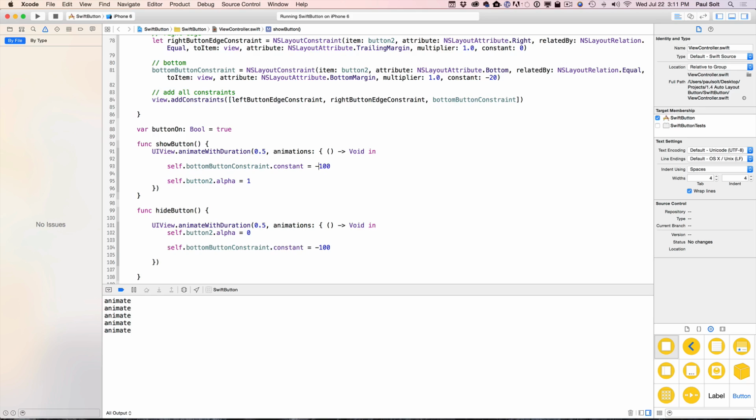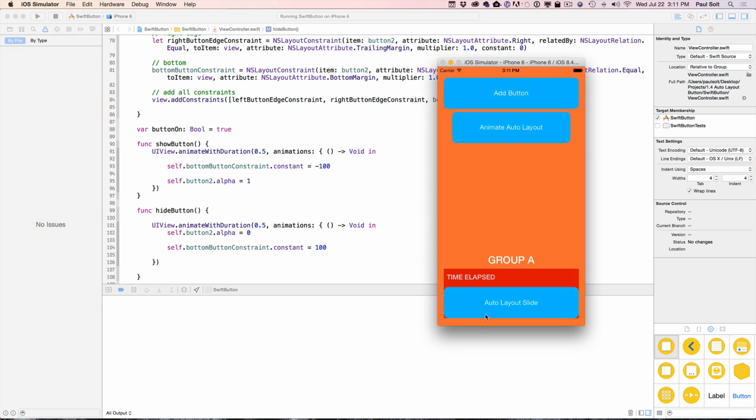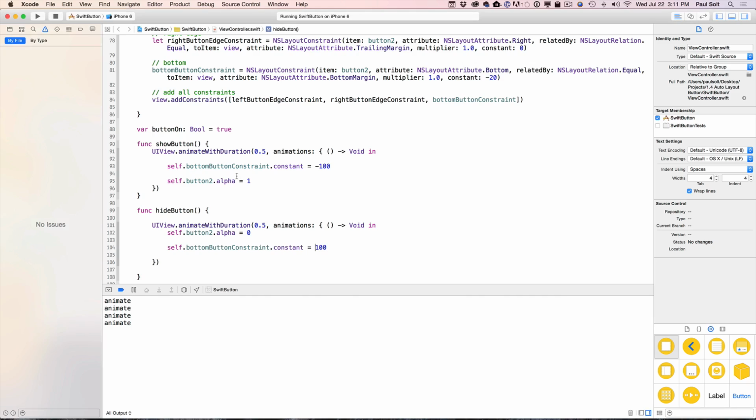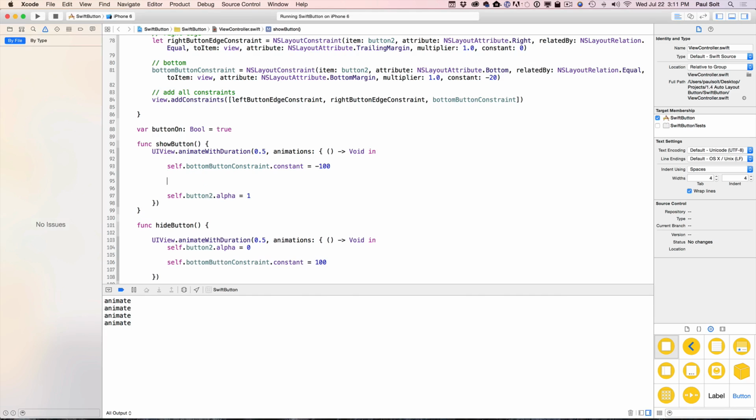So let's make this a -100 and make the other one a 100. Now, -100 is going to actually pull the button up from the bottom. So when we hit the animate auto layout, it's going to disappear, and then it's going to reappear up top, then it's going to disappear. So it's sort of doing what I want, but it's not animating. And the reason it's not animating is because we need it to update the layout. And so the way we get that to happen is we have to make a call to